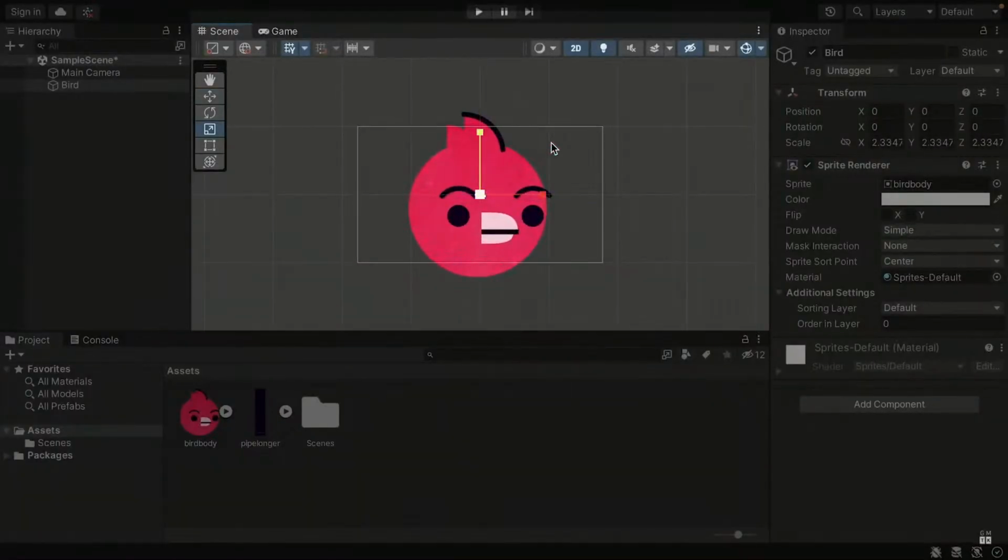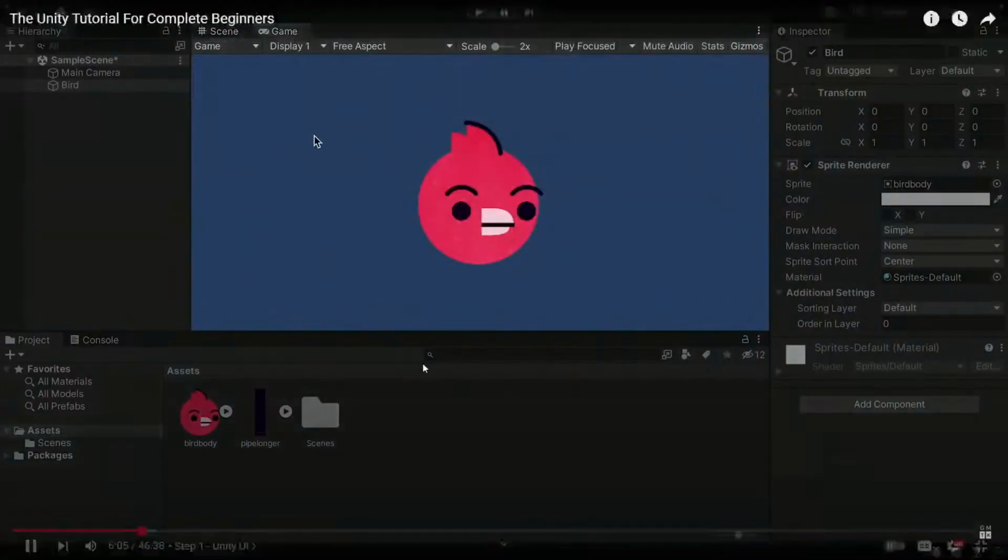This section has an extra tab for Game View, which shows us what the game will look like from